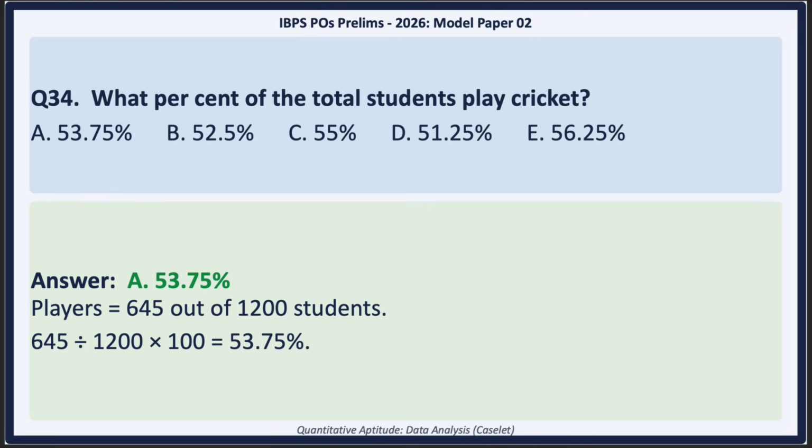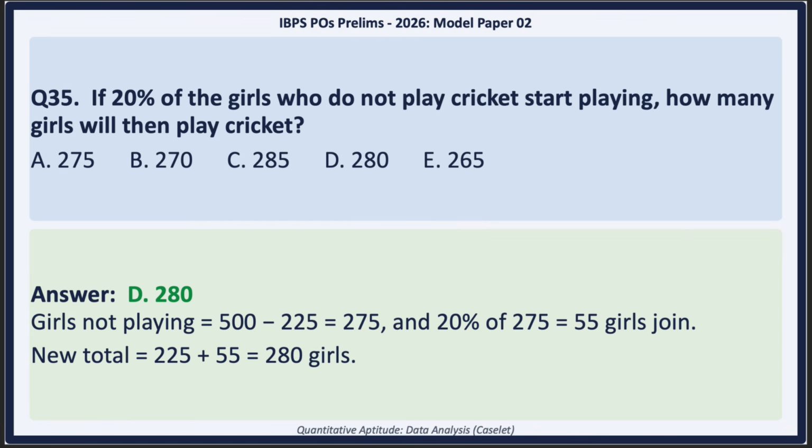And then for question 35, they always throw in a what-if scenario to see if you can manipulate your own data. Like, what if 20% of the girls who do not play cricket suddenly decide to join the team? Because you mapped it out initially, you know exactly how many girls don't play. It's 275. 20% is just 1/5. Okay, so a fifth of 275 is 55. Yes. Add those 55 newly athletic girls to the original 225 who are already playing, and you have 280 girls